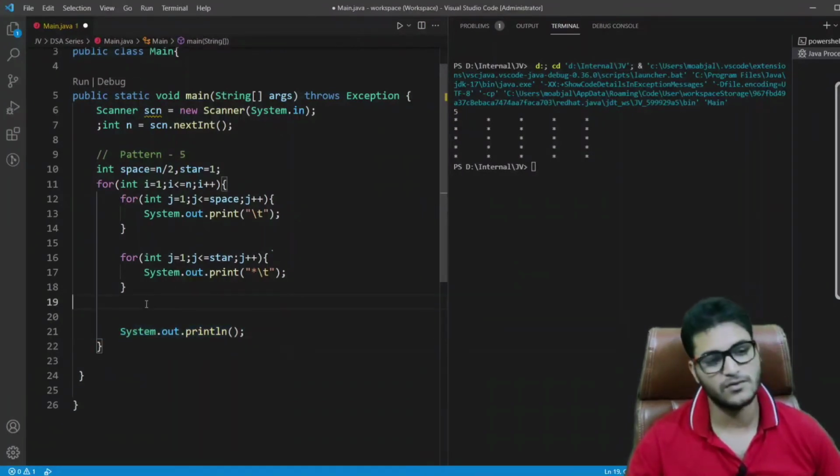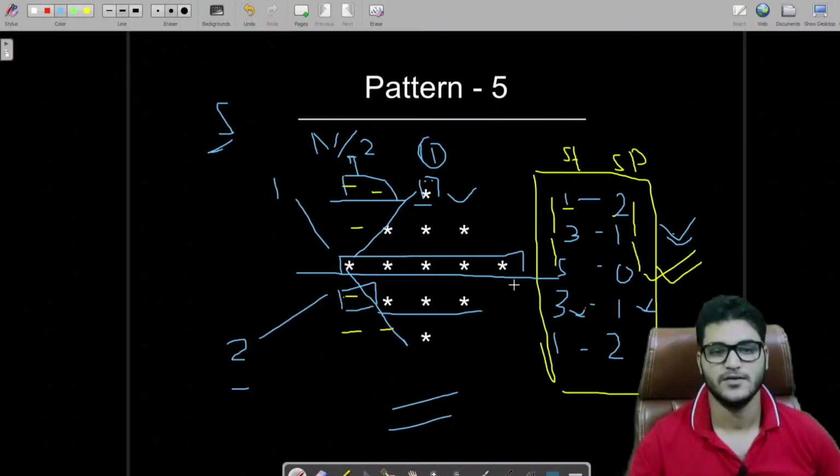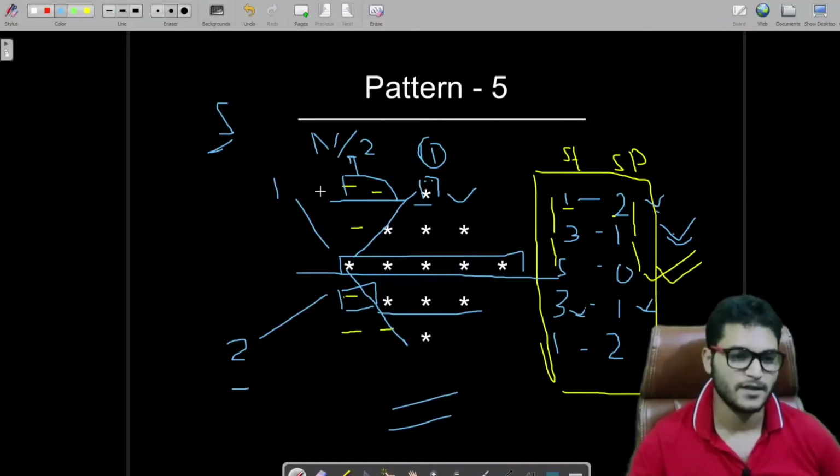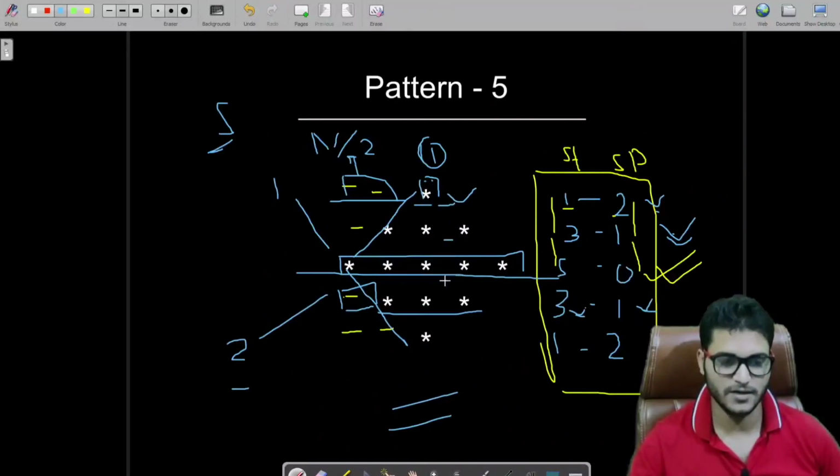Now we have to write the logic for which part? For the increasing and decreasing numbers. What I said earlier: for the first half we are increasing stars and decreasing spaces. What is the first half? This is the main question. How do we determine that we are in the first half? If you look here, this is the first row, this is the second row, this is the third row. We include these rows as our first half. So how many rows are there?